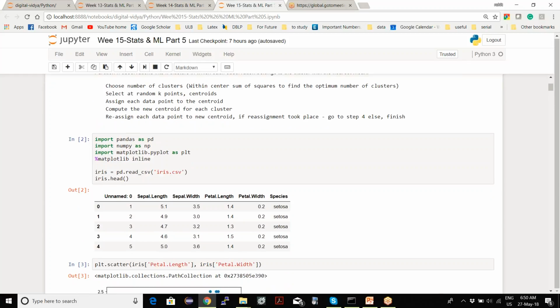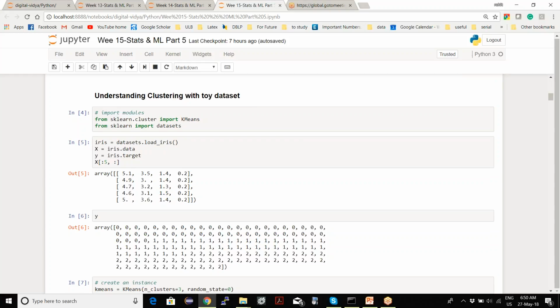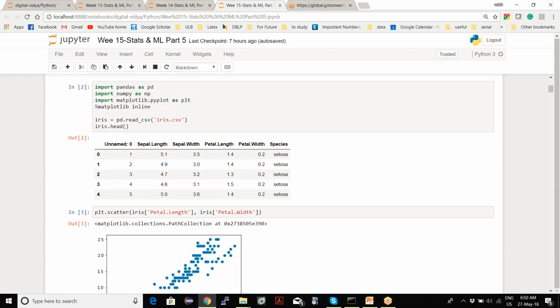For example, let's take the iris data set we had. You have sepal length, sepal width, petal length, petal width, and then you have the name of the species. I think there were two or three species.